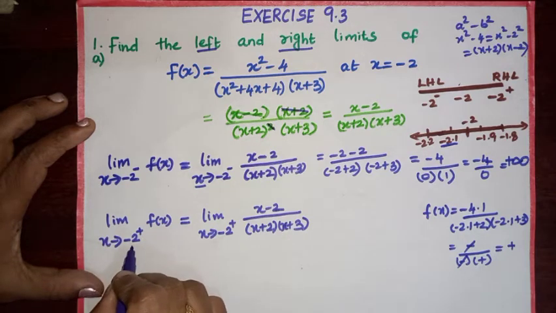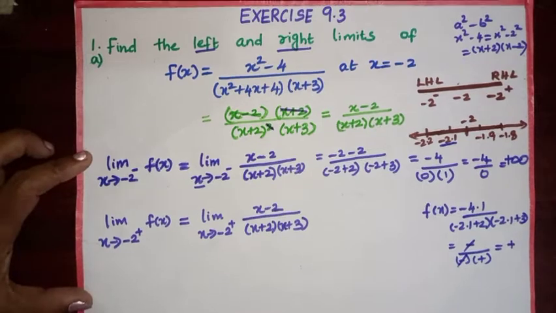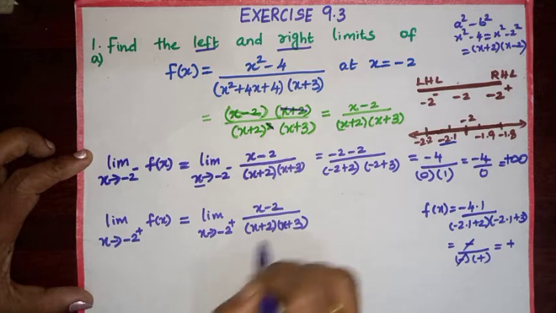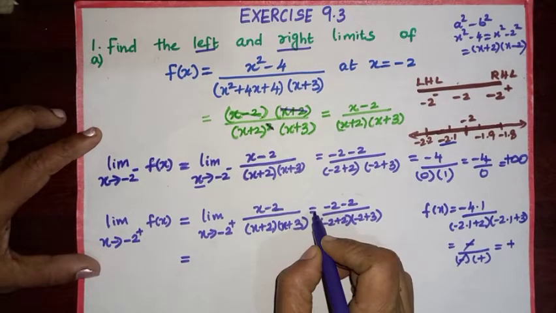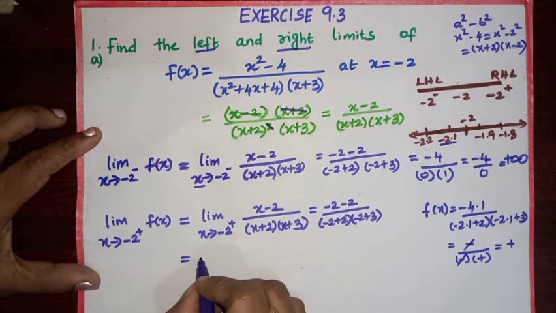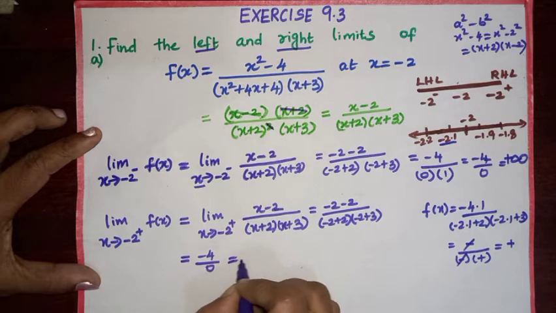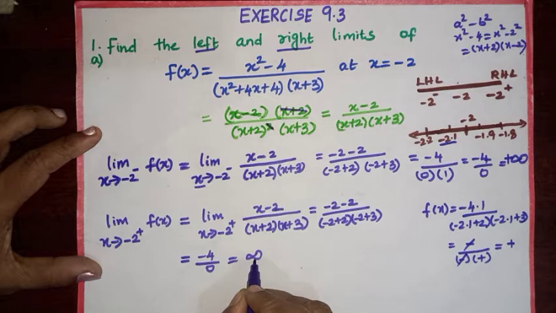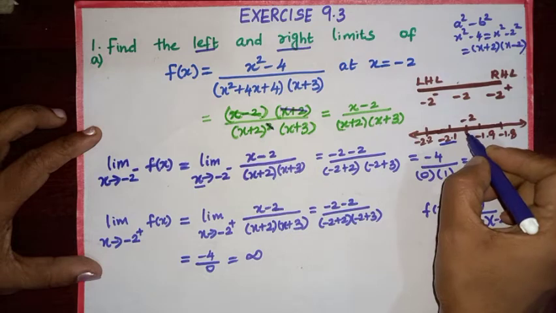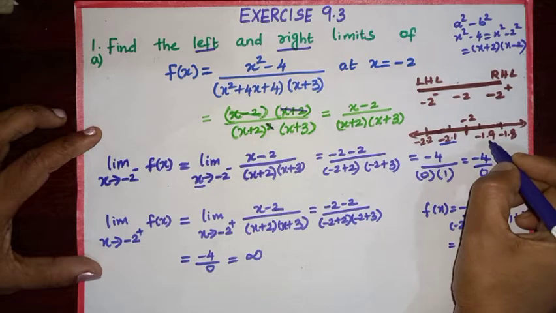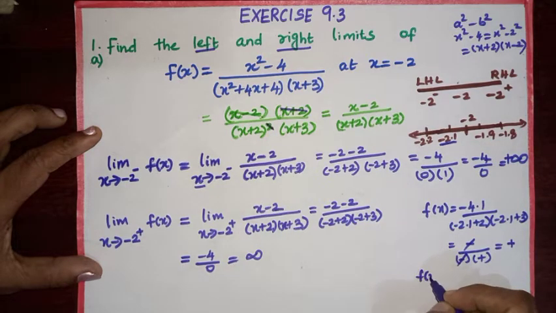So limit x tends to minus 2 plus f of x, which is equal to limit x tends to minus 2 plus x minus 2 by x plus 2 into x plus 3, which is equal to minus 2 minus 2 by minus 2 plus 2 into minus 2 plus 3, which gives minus 4 by 0, which is also infinity. Now we have to check whether the right hand limit also belongs to plus infinity or minus infinity. For that, I am going to select one of the values greater than minus 2. I am going to select minus 1.9 as x. When I am substituting x as minus 1.9,